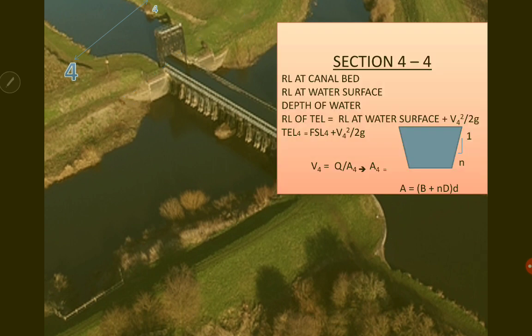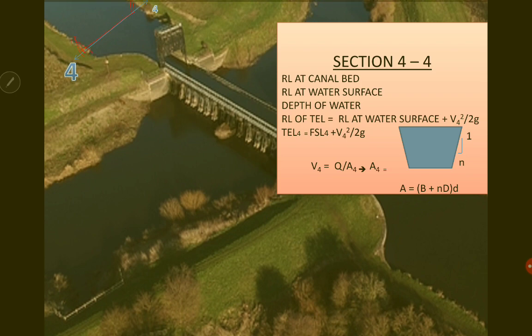We will start from the end. The first, we are going to take the section 4, that is at the exit point. At section 4, what is going to be the shape of the section? At the exit, it is getting back to its original cross section of that of the canal, isn't it? So the section there is going to be the trapezoidal section, having one end the side slope, and area is equal to B into D plus ND squared, that is (B + ND) into D. So here the canal is regaining its original shape, right?